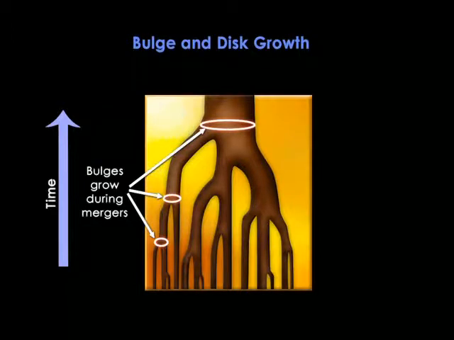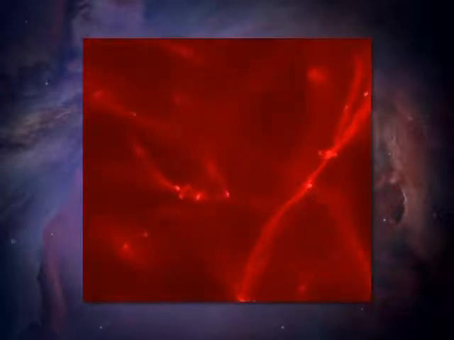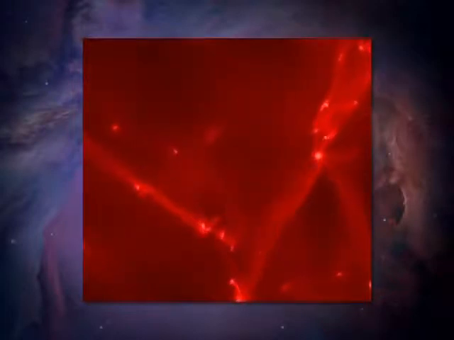But what about galaxy disks? Disks are thought to grow during the relatively quiet times between mergers. They involve a more gentle acquisition of gas that falls in from the surroundings. Here's a movie that shows the growth of a gas disk across several billion years. The movie shows only the gas, even though stars and dark matter are also in the calculation. Compared to the other movies, there's a different feel to this one.